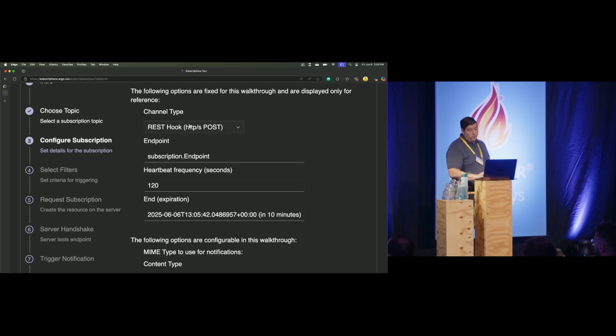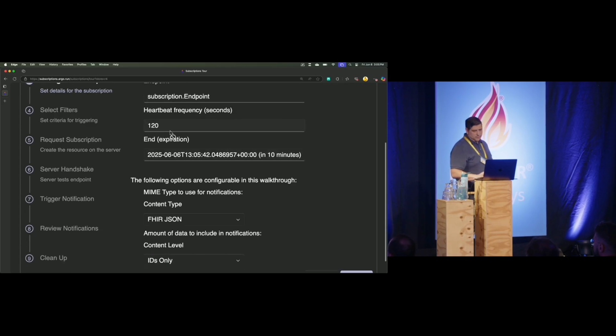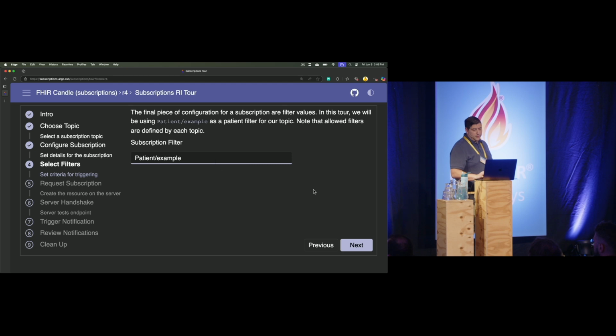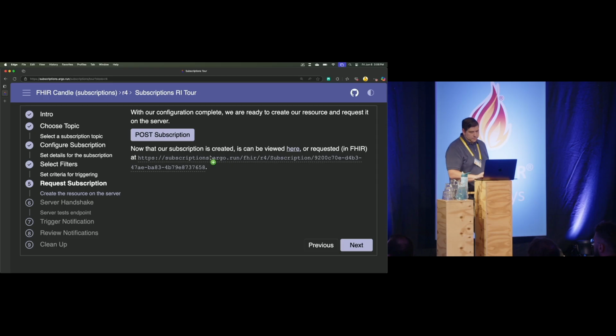We want to do REST hook. Again, we have a lot of things disabled because we're on the guided tour. Subscription endpoints, heartbeat frequency, MIME types, all these other fun things. The filter, we should use the only filter for the only patient that we know about in this case, and post the subscription. So now we can see